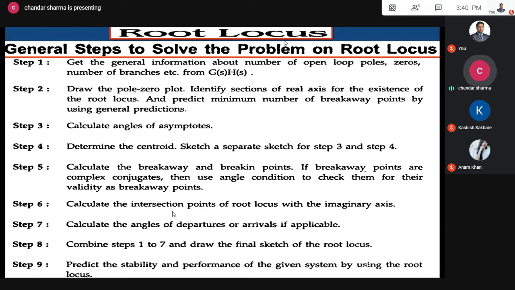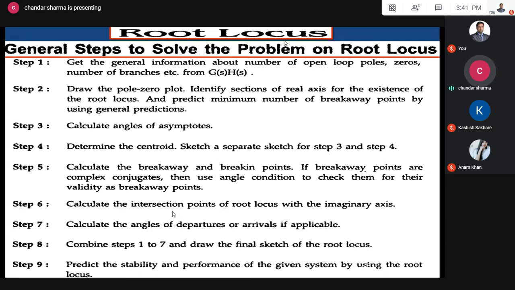After that we have to find the root locus on real axis. So on the given section of real axis, the root loci may be found in the section only if the total number of poles and zeros of GH(s) to the right of the section on the real axis is an odd number.